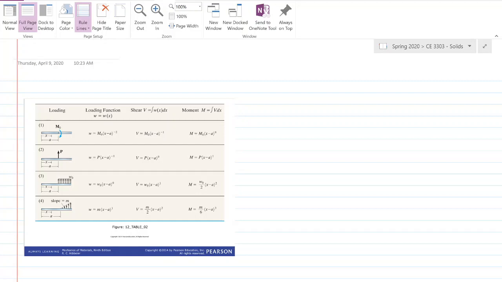Slope and deflection of beams, but this time we're going to be using singularity functions. You'll see here that I've already put in Table 12.2 from the Hibbeler text with all the singularity functions in there. Make note that we have these pointy brackets, and what these mean is the equation